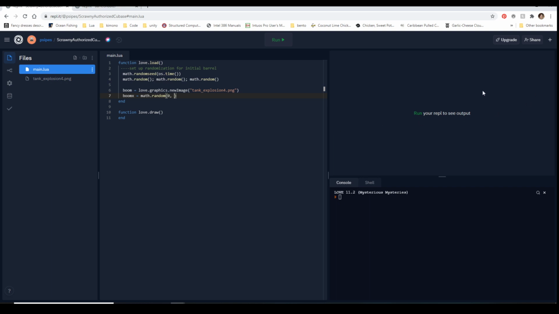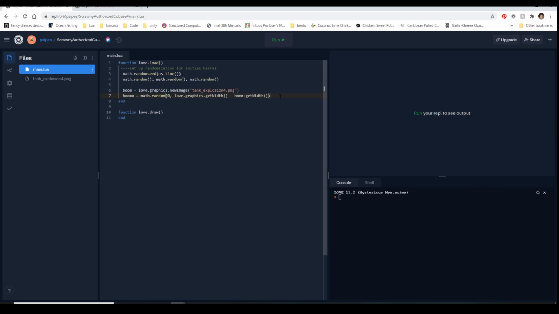And then we need to get the width of the screen, love.graphics.getWidth, minus however wide this image is, boom:getWidth, and that will make sure that it spawns within this area, within the X.